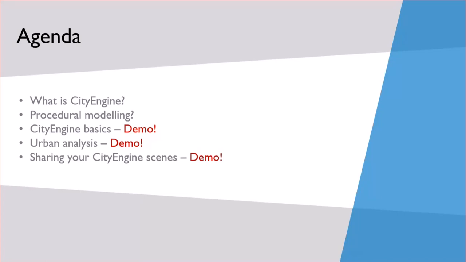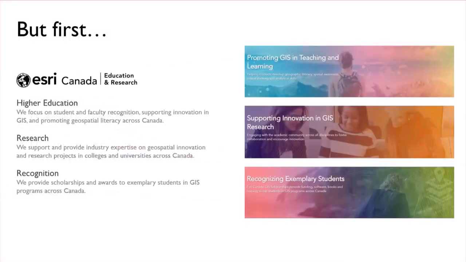So before we get started, just a little bit about myself. My name is David Kosofsky. I'm a GIS and urban design specialist in the education and research group at Esri Canada. I am joined today by my colleague Kendra Munn, who is an urban solutions specialist, also in the education and research group with me. We focus a lot of our work on 3D modeling and urban design projects within the